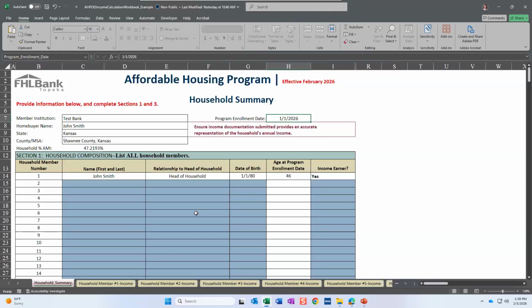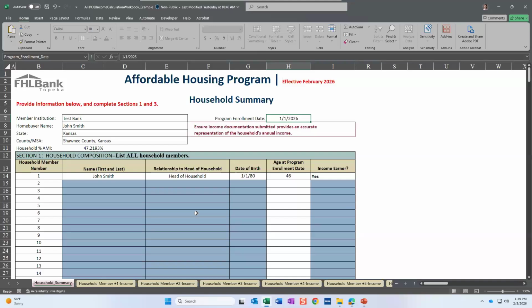The reason this date is so important is because this is the date that we put our requirements for income documents. We base it off this date here. So all of your income documents, in general, there are caveats to this, but in general, your income documents need to be dated within the 60 days prior of the program enrollment date. Again, there are caveats. They're all outlined in the income calculation guide. Things like Social Security, we understand they get one letter a year, so it may not be dated within the 60 days prior. So you definitely check the guide for those caveats. But as a general rule, all income documents need to be dated within the 60 days prior.